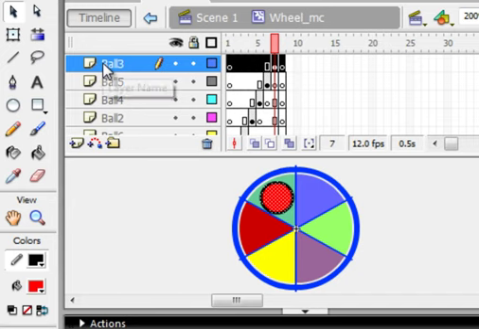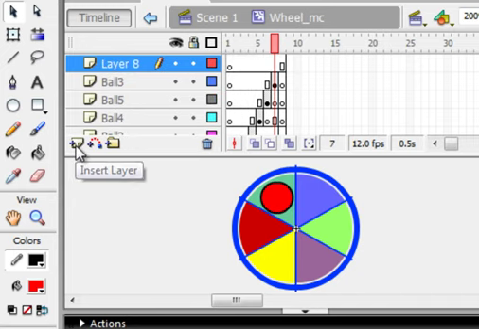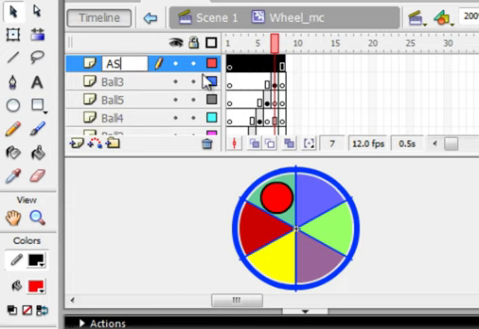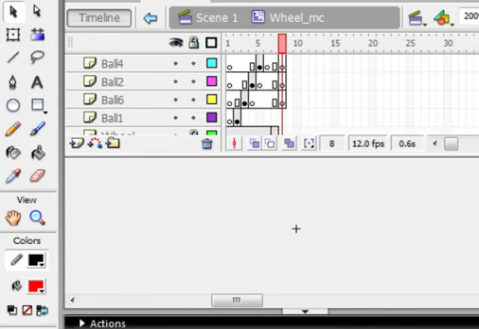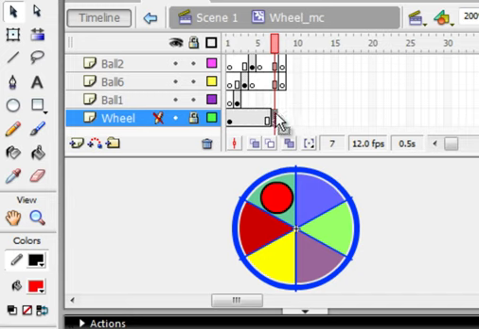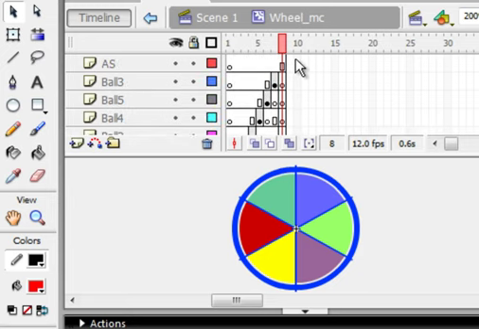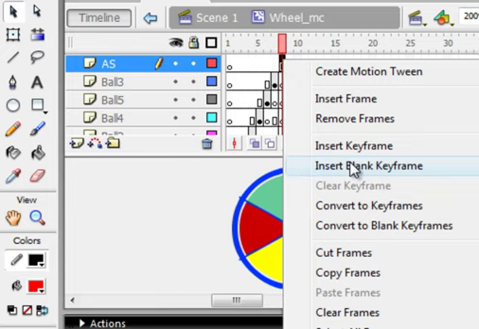In my case it's ball 3. Insert a layer, call this action script, AS, and on this 8th frame right here, that's frame 8. If you don't have one, add a blank keyframe on all those and drag it over, and drag this wheel, click and drag it into frame 8. So the only thing on frame 8 is my wheel and my action script. So click here, insert blank keyframe,